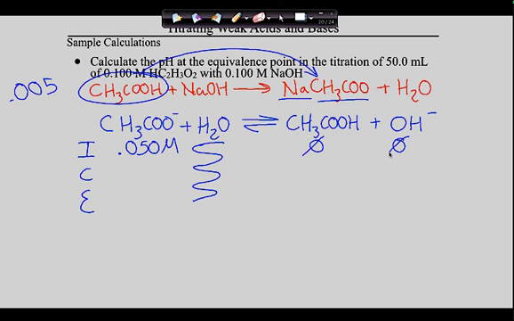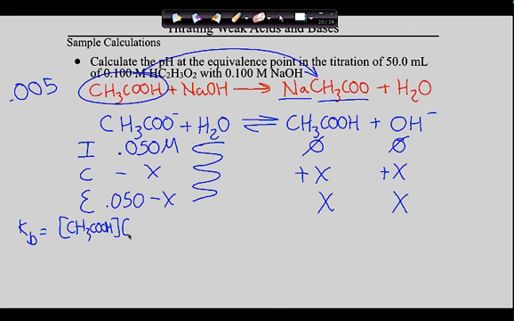And now we're ICE boxing. Right? So this goes down by X. This goes up by X. This goes up by X. So this is 0.050 minus X, and X. Was that okay? So the tricky bit's this number. But now we're here, and we've got to do Kb. So in order to write down here, is that okay? I'd like to have it on the same page as this. So we're going to go Kb is equal to